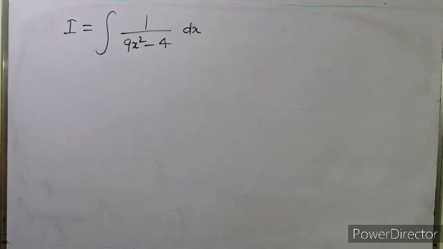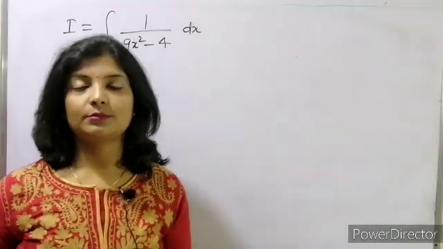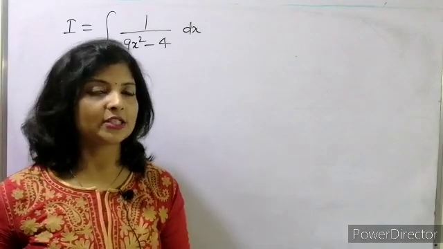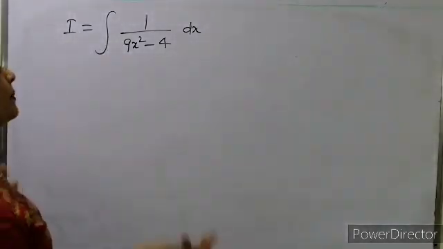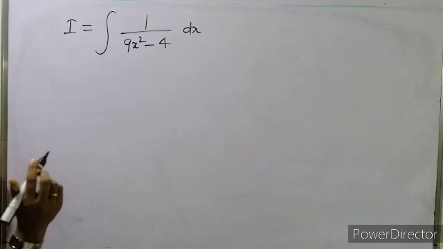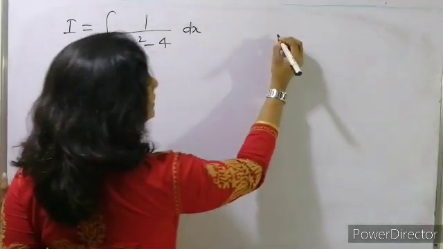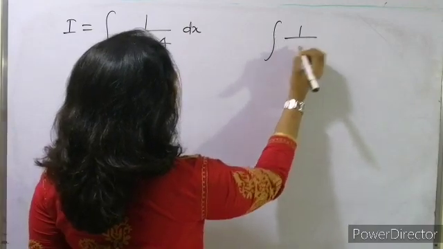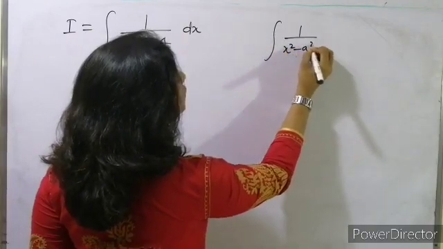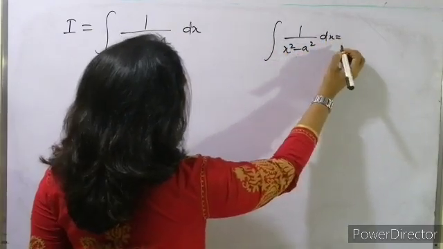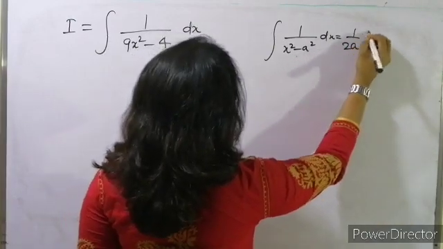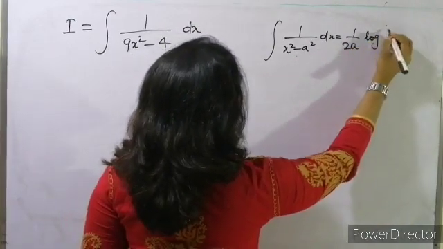Now we have a question based on the extended functions of integration. Based on that we have one sum. How will we do this? See, this is in the form of what we had, like when 1 upon x square minus a square dx, what value were we getting? 1 upon 2a log of, what did we get?